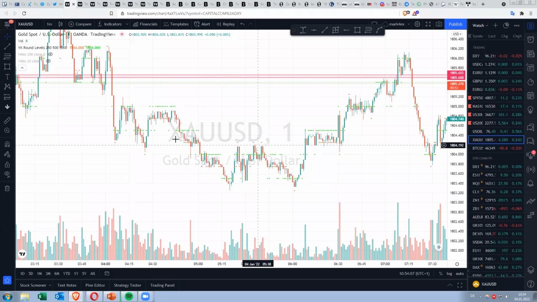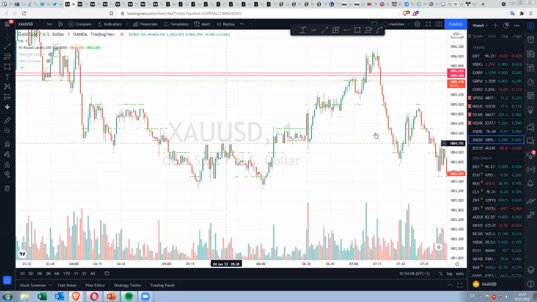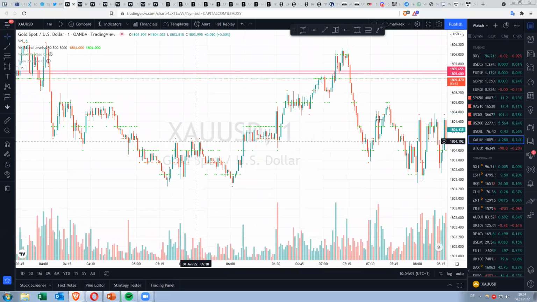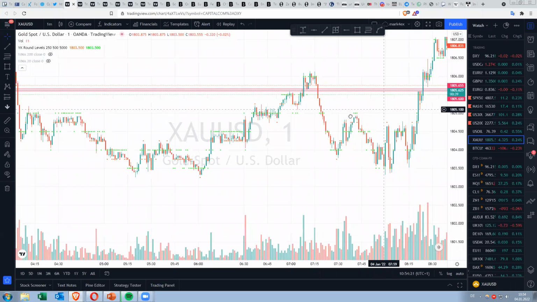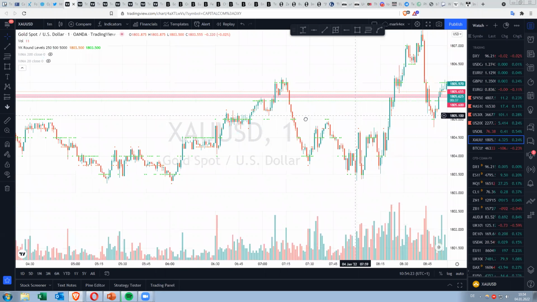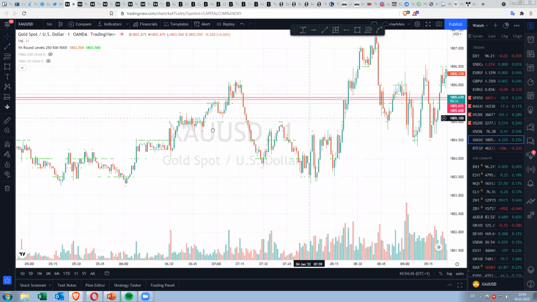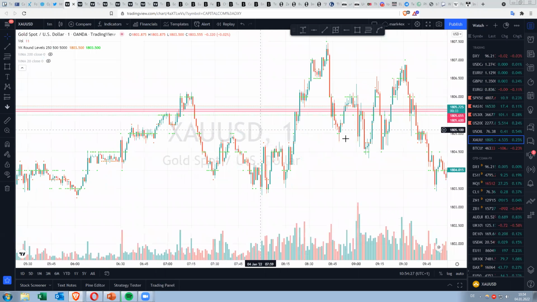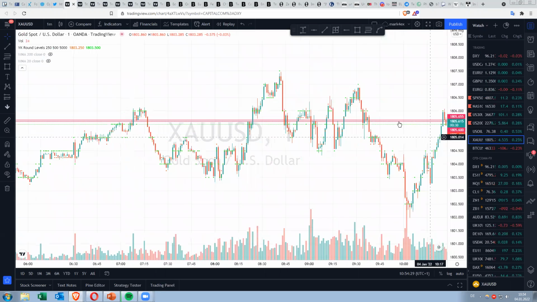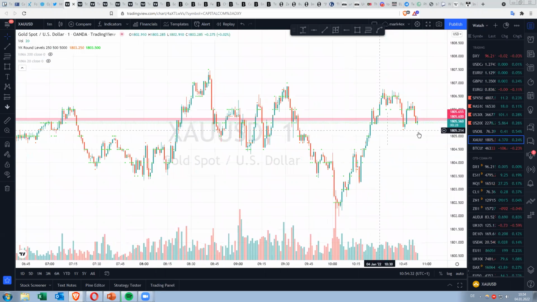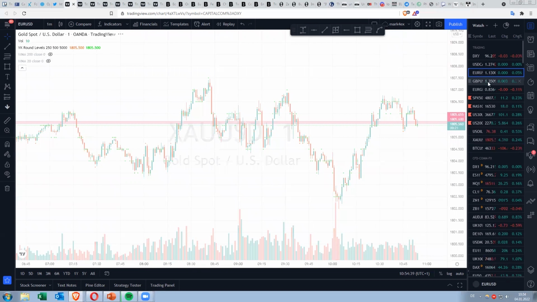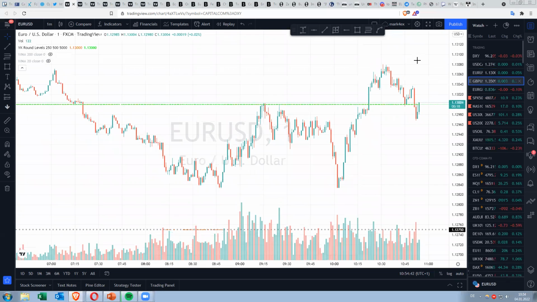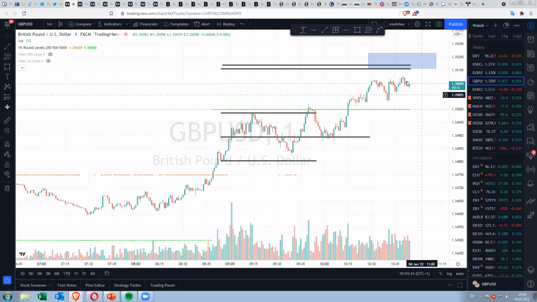Yeah, if you see, at that RGL level there are multiple tests of that RGL. Yes, it's testing it, and it's on the 1 minute. If I try to find my entry, like where to put a stop, you have to be kind of careful. We're still trading that level. From what I see, I would personally sell it, because the EUR/USD is obviously selling, and my idea is to sell the GBP/USD as well. So if you remember the screenshot, I'm still waiting